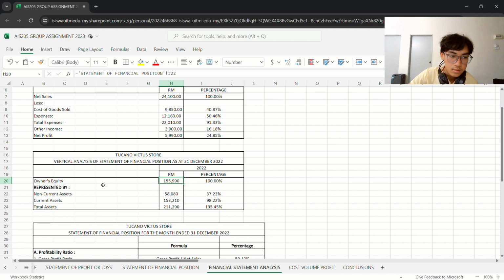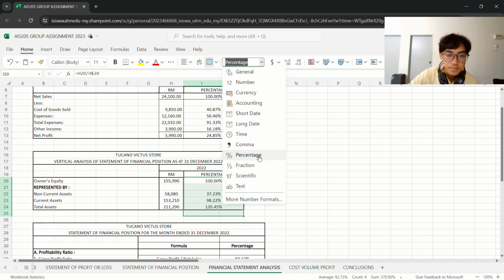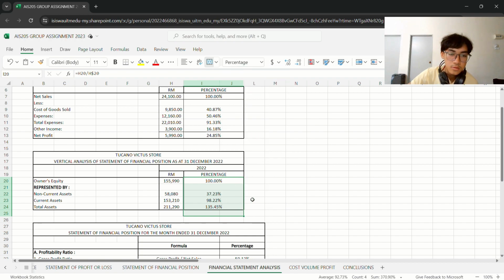H20 is our owner's equity amount right here. And then we will copy the formula and then paste it to the other item cells. And then we'll automatically get the percentage. And then we will change the format to percentage. So the percentage will appear. So our non-current asset is